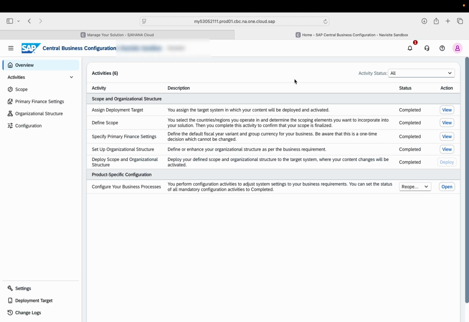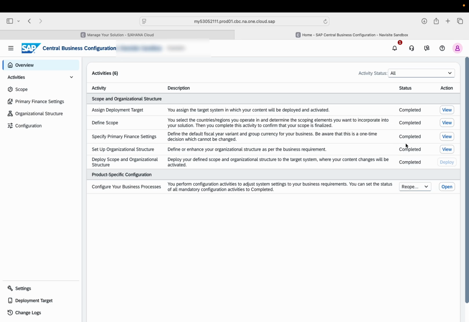Let me refresh once again. Now you can see this is where we can perform all the activities at the configurational level in SAP Public Cloud. But right now, all the statuses are incomplete.